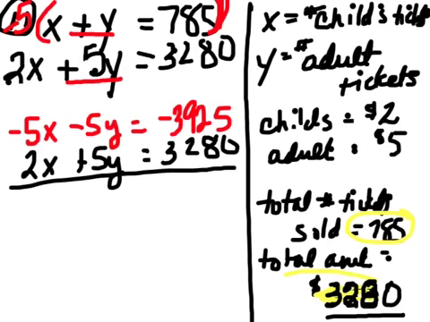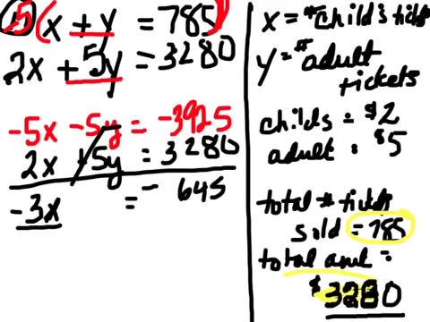Okay, so now let's look at what we got here. The 5y's cancel out, and I'm left with negative 3x equals, and remember I've got a negative and a positive that I'm adding together, so I can just subtract the numbers and we take the sign of the biggest number. You could do it on a calculator, but since I'm not doing it on a calculator, I'll just say that's 645, okay? That'd be an 8, yeah, okay. So now if I want to find out what x is, how many children's tickets we sold, I could solve for x by dividing both sides by negative 3 to get rid of the negative 3. And x would be 2